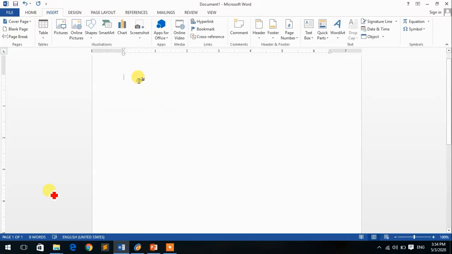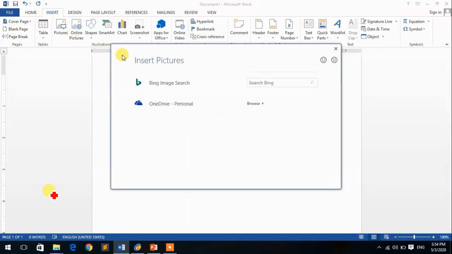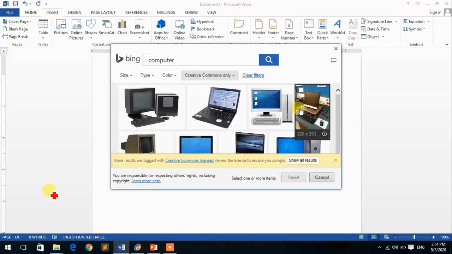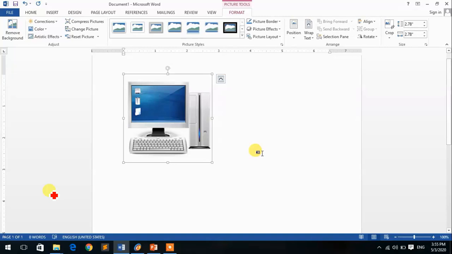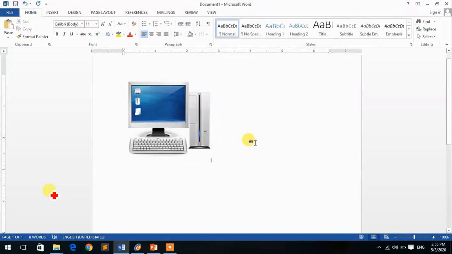Online means for that you need an internet connection. Click on Online Picture, Bing image search, click and search, select any picture which you want to insert, click Insert, then the selected picture will be downloaded and it will come into your document.